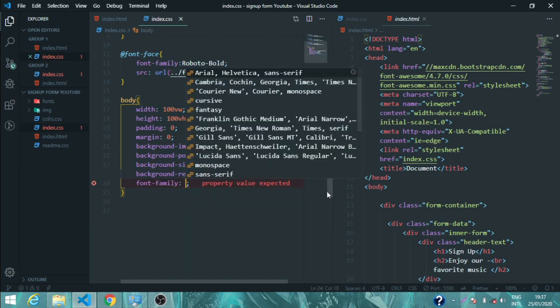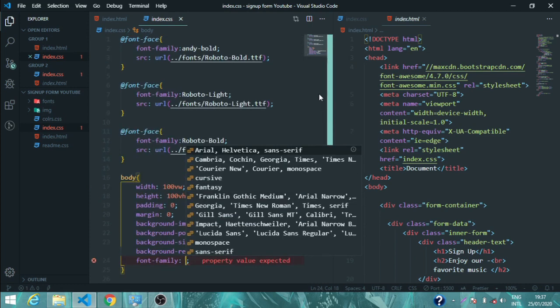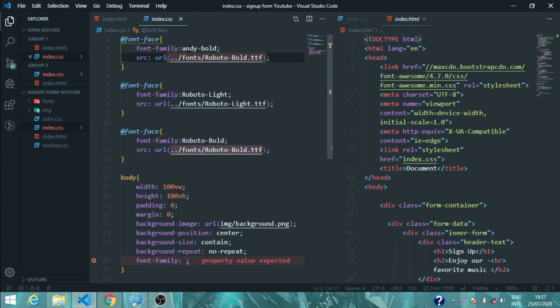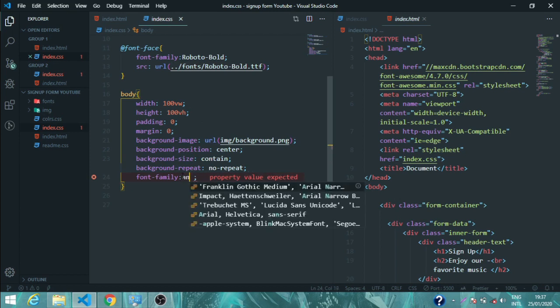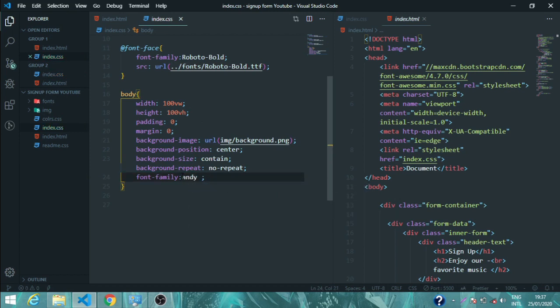So what did we use here? Let's go back to our... okay, here we use Andy Bold. Because we use Andy Bold here, we're still going to use the same name here. I just want to give our element a general font family, in case I don't get to add a font family to a particular element, our document will still look good. Okay, that's perfect. So now the next thing we're going to do is to work on this form container,